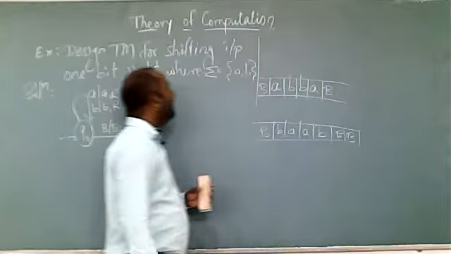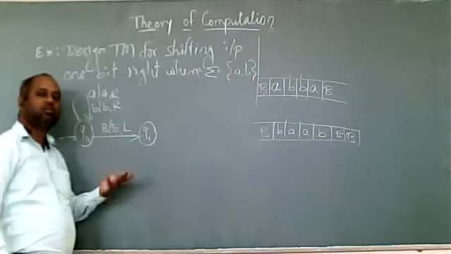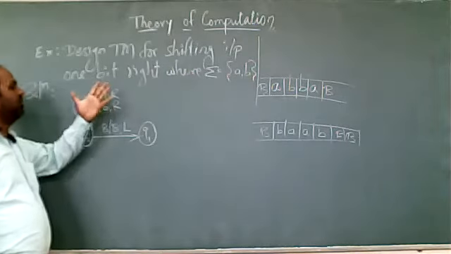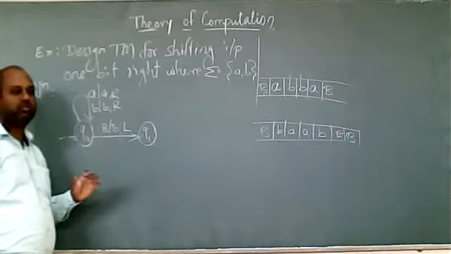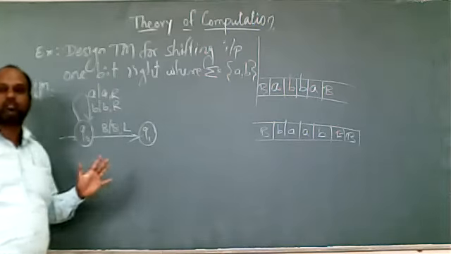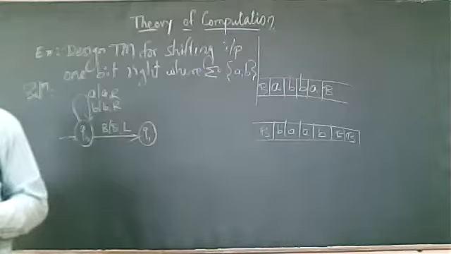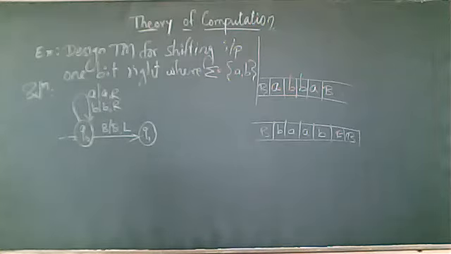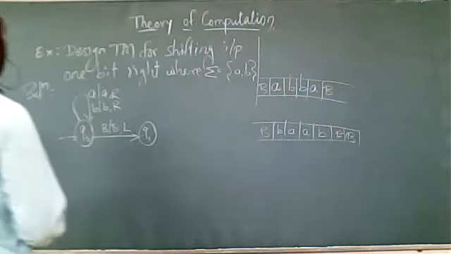Okay. Because what they are saying, the input alphabet is A and B. So your string may be made up of A and B, any combination of A and B. So we have to apply the logic for any combination of A and B. Okay. So now